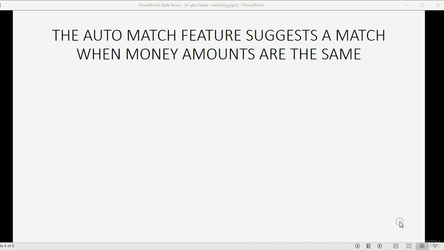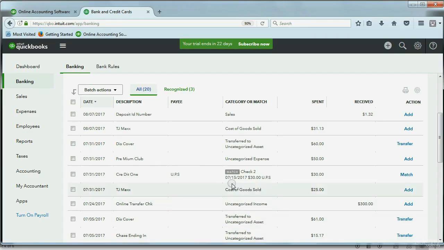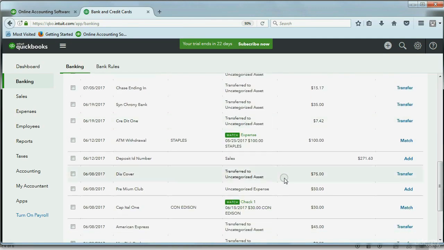The Auto Match feature suggests a match when the money amounts are the same. Let's take a look. Here you can see that the check number 2 is given a suggestion to match with the UPS check for $30. If we scroll down, you can see that this expense on June 12th, the computer is suggesting to match it with